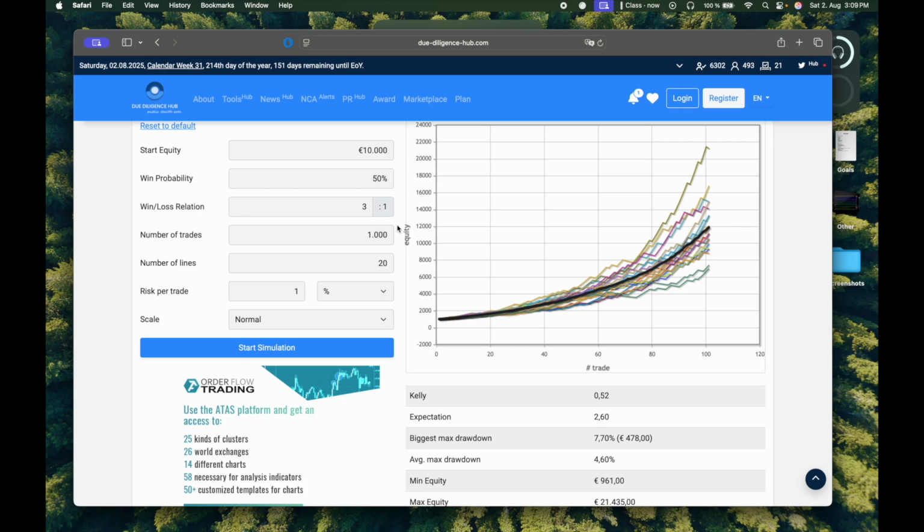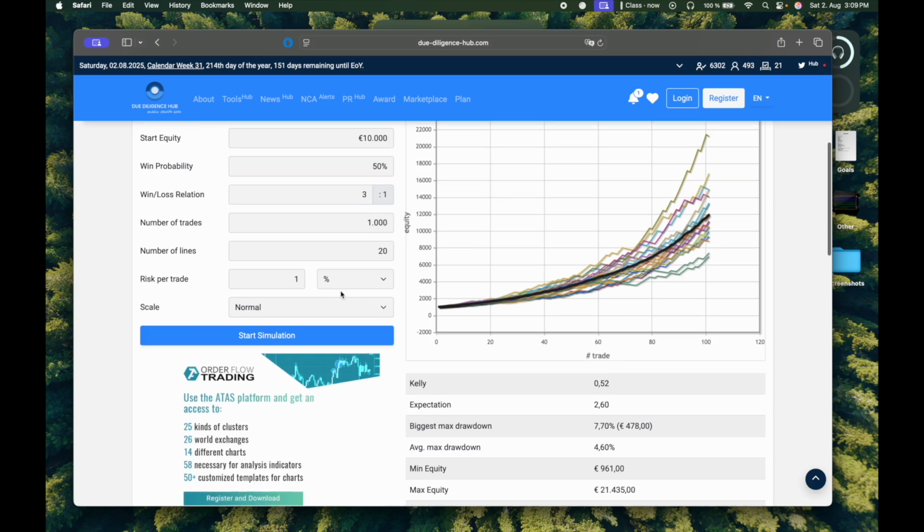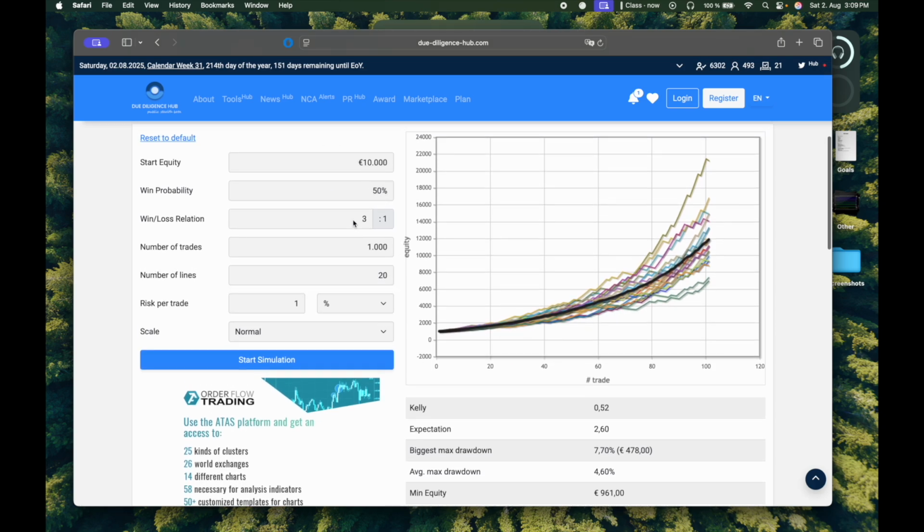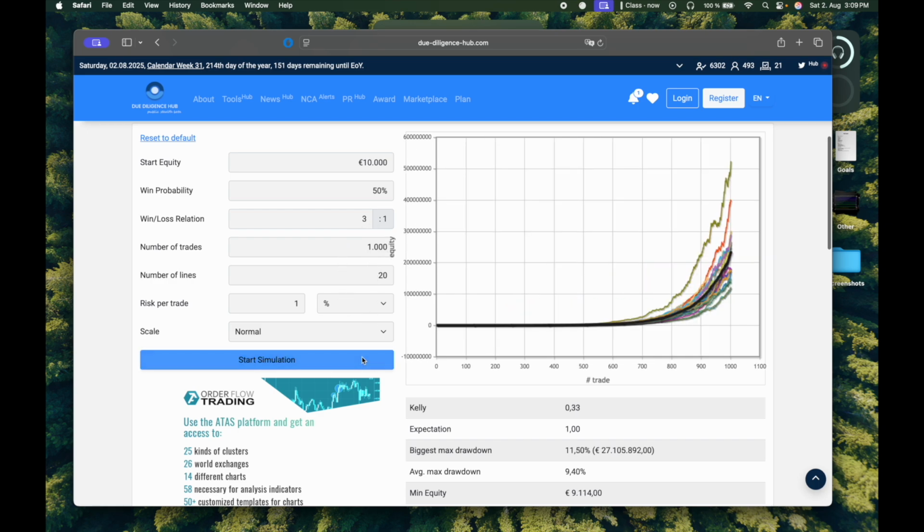So you need to take this seriously, and only if you manage your risk properly, you can survive for long enough. Let me tweak those statistics. Let's imagine a 10K account, 50% winner, 3-1, but we have 1,000 trades here. So 1,000 trades, and I mean, this looks unreal, right? This looks really unreal, but this is the power of trading. This is the power of compounding. This is the power of exponential growth, because in the first 700 trades, almost nothing happens, and then it